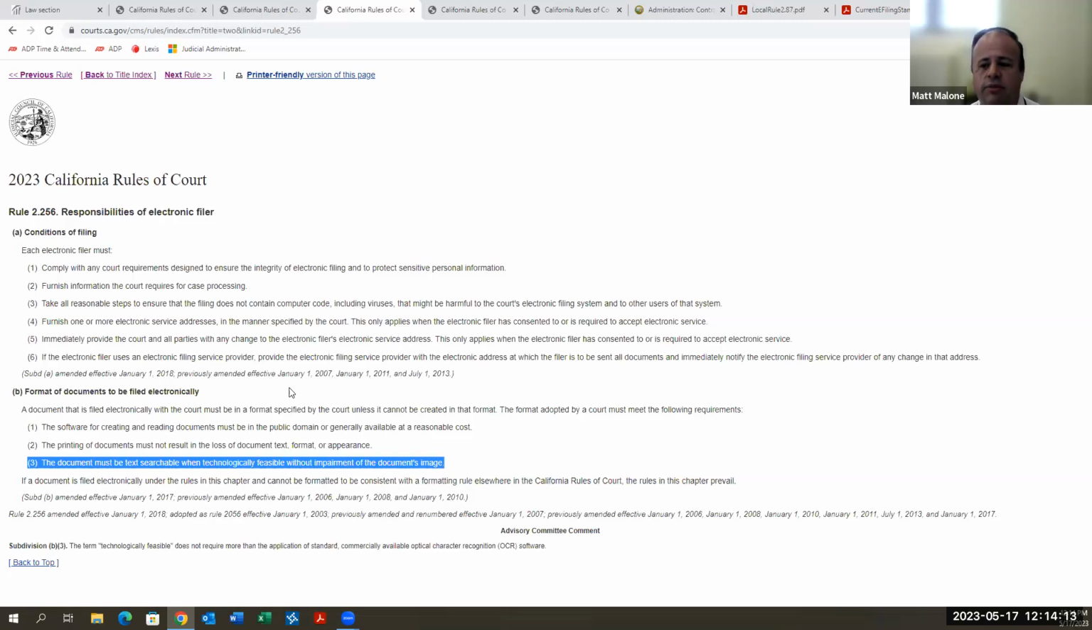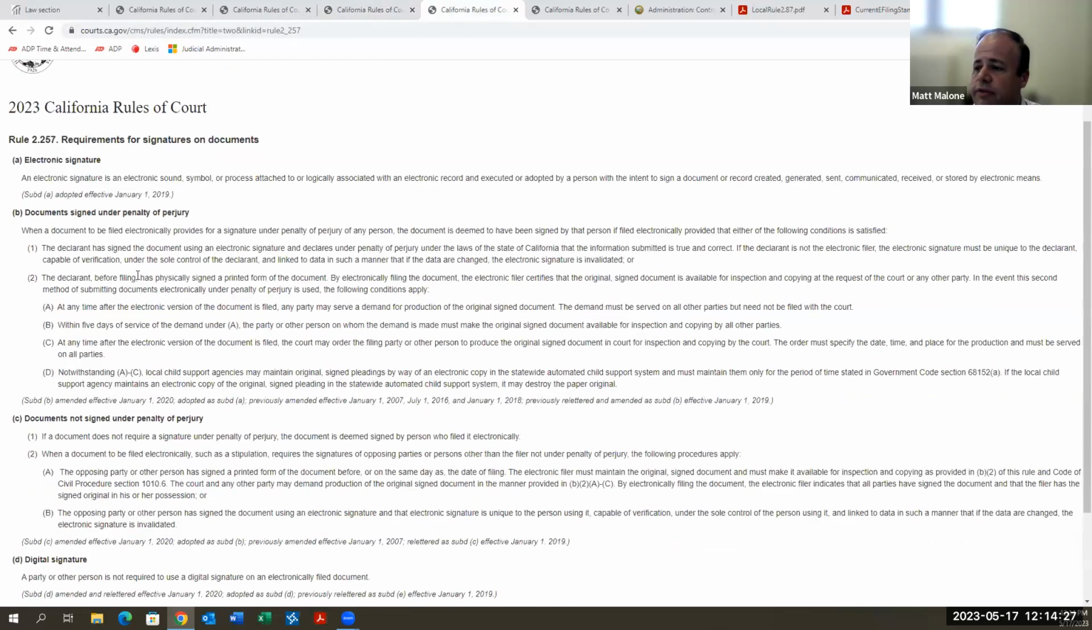I think most of the stuff comes in, and Andrew can probably correct me if I'm wrong, text searchable anyway as a result of our e-filing system. But sometimes we get, well, where's that requirement? That's where it is. We'll spend a little bit of time here on 2.257. This is the electronic signature rule. It largely tracks the rule of 1010.6 we discussed earlier. It does define electronic signature. It does, when it was signed under penalty of perjury,